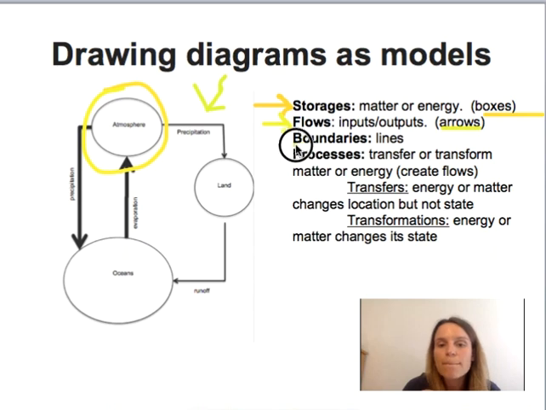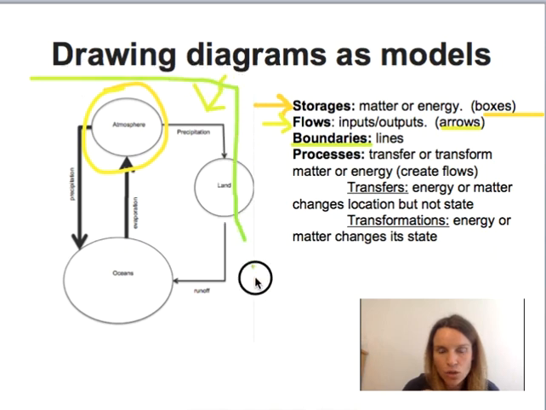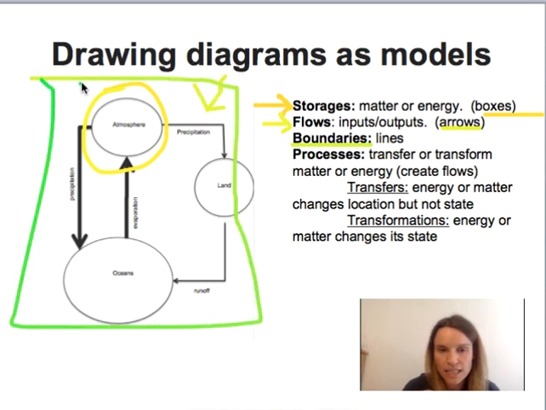They're looking at boundaries represented by lines. So you could draw a line around this whole thing and say that this is one model. You could also look at the line just around oceans in this water cycle and say that that's the boundary of the ocean. And then they're looking a little bit for you to be able to talk about processes, transfers,